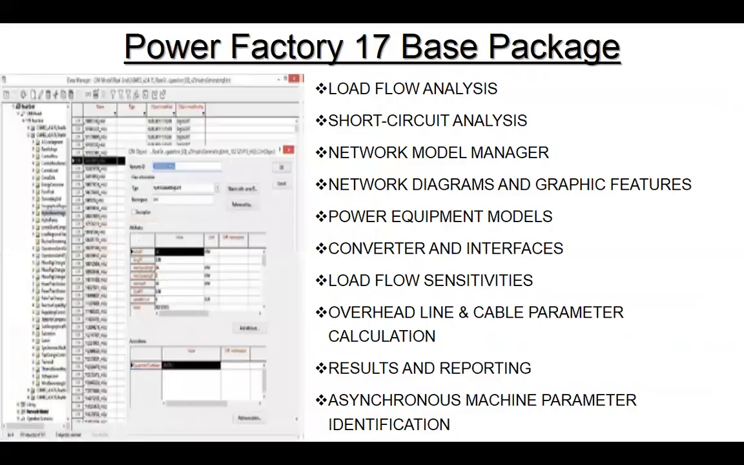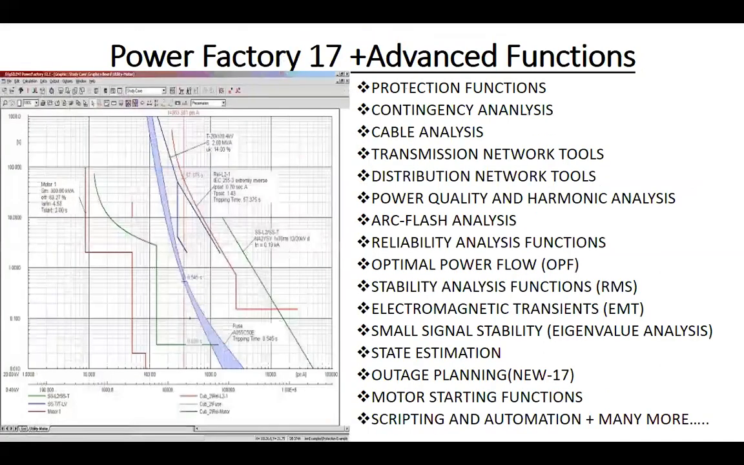Right now I have the slide of PowerFactory 17, and in 18.1 there are some advancements. So the PowerFactory 17 base package includes load flow analysis, short circuit analysis, network model manager, network diagram and graphic features, power current models, converter interfaces, load flow sensitivities, overhead line and cable parameter calculation, result reporting, asynchronous machine parameter, and some advanced features which we can use